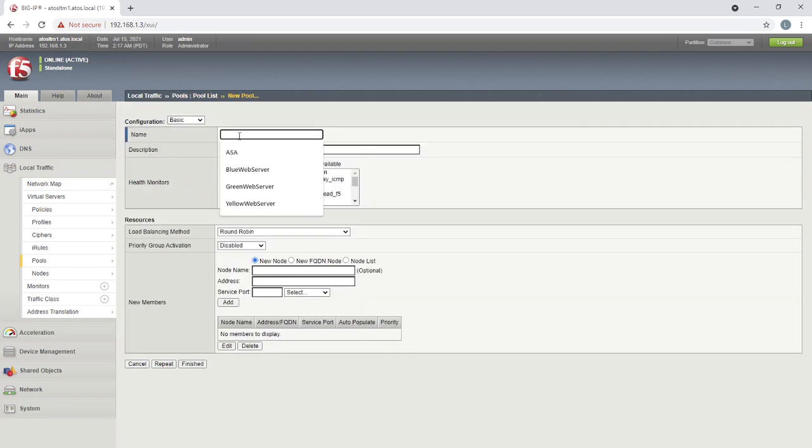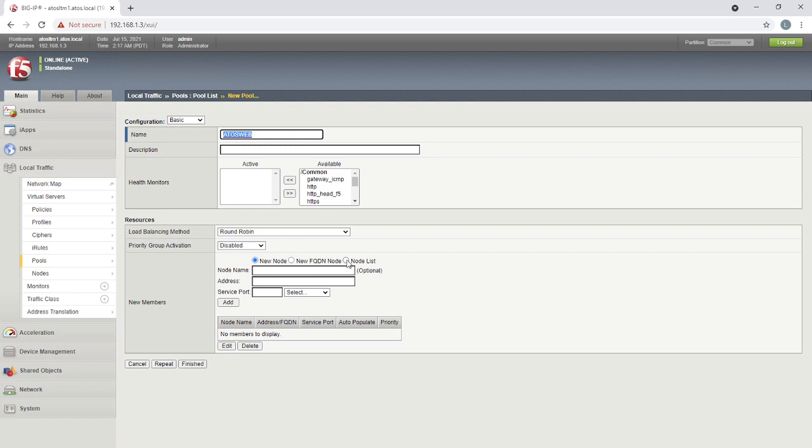What is the name that you want to give? I can give this as Ethos Web. That's the name I'm giving it. Okay? You understand what I'm saying? This is the name with which the pool is identified. Now I need to add the pool members. Forget about all these other things, we will come to this later on. Now I'm just adding the members here.